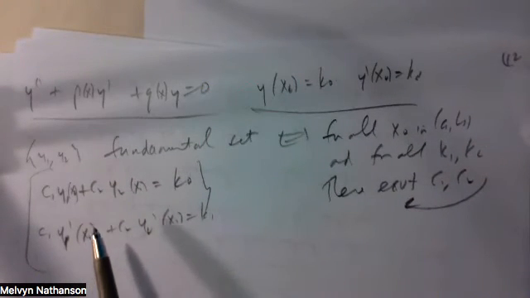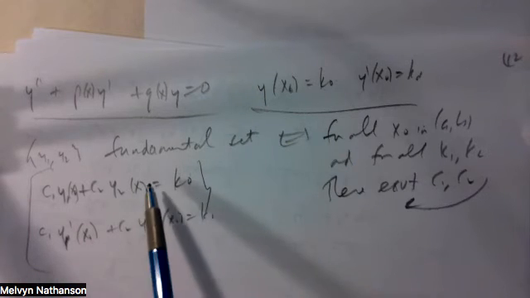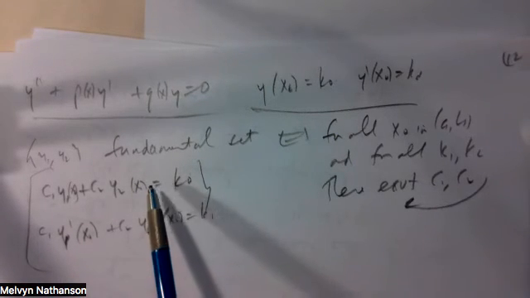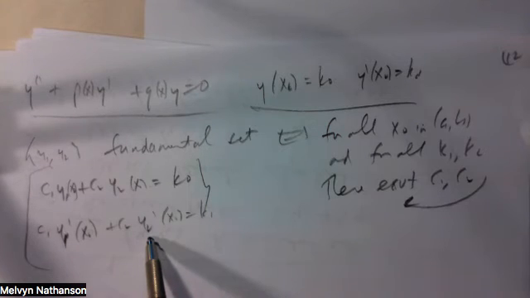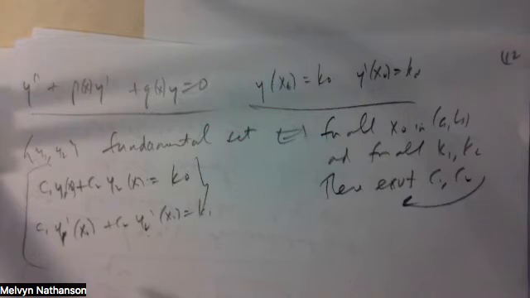This is two linear equations and two unknowns. So you've reduced this to high school algebra. And if you solve for C1 and C2, that is, if you eliminate C2, if you multiply this equation by Y2 prime and this equation by Y2, you eliminate the C2. And what you'll get is that